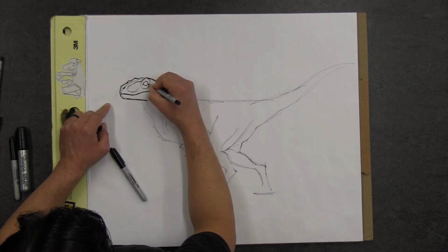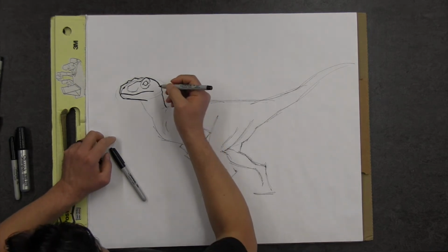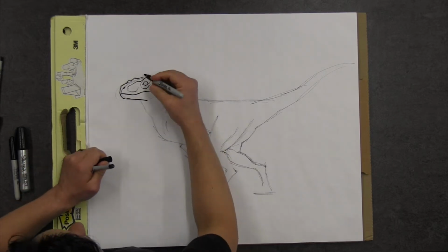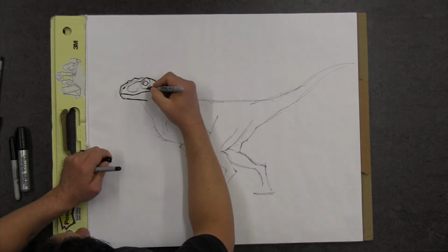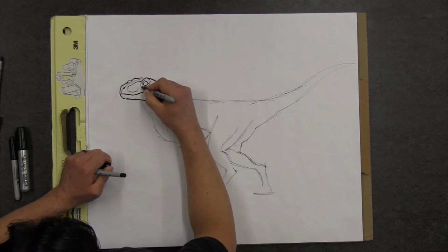Like it would come up and be together. So there is our, marker's bleeding a little bit here, but that's okay. There's our Velociraptor eye. Let's add some details around that. I'll take my other marker so you guys can see them a little better. So I'm going to just put a mark right here. Maybe a mark underneath this eye, like this. Give him some real